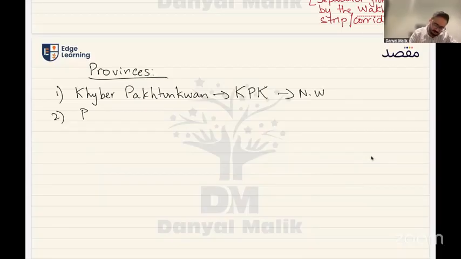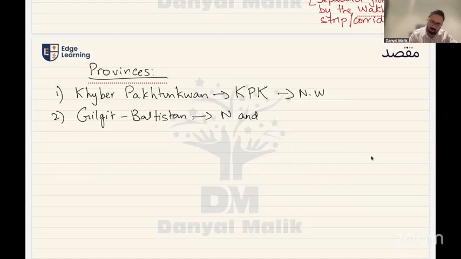The number two we have is Gilgit Baltistan. Gilgit Baltistan is one province. The names are two separate ones, but it has been merged into one. Gilgit Baltistan is in the north and northeast. Okay. Number three we have is